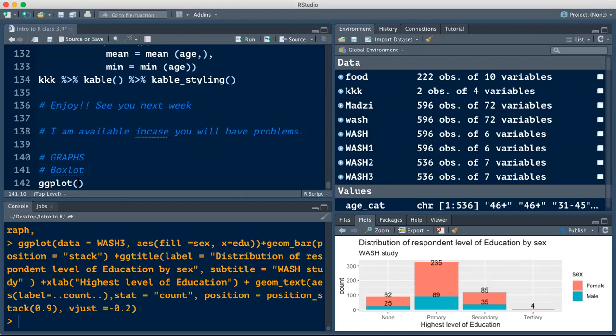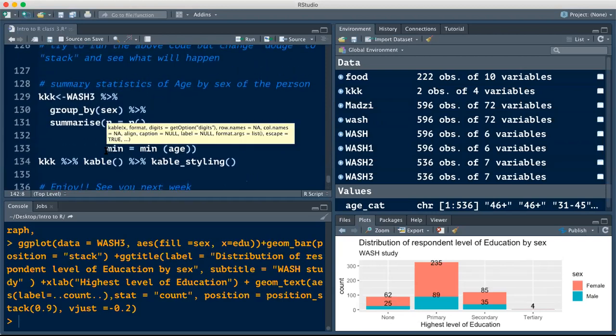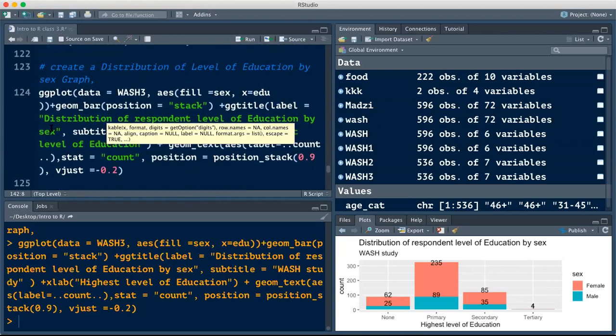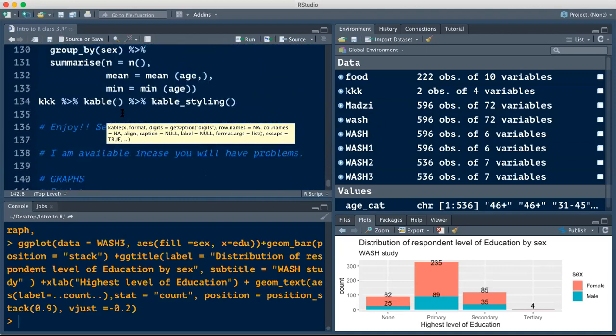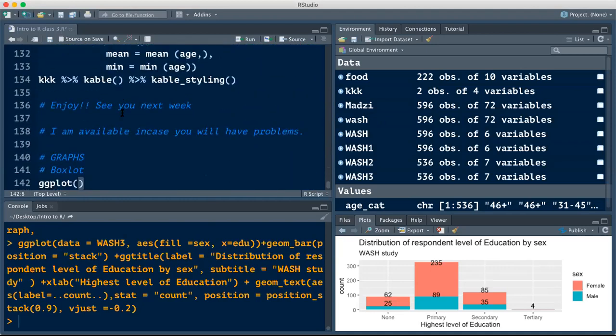So all right. So we come to ggplot, and then what? Okay, so the other thing I forgot was that here, when you are doing ggplot, you can put data, or you can just write the same here, ggplot, and then you say wash. I will demonstrate what I mean. And once you say wash, and then say, okay, I want